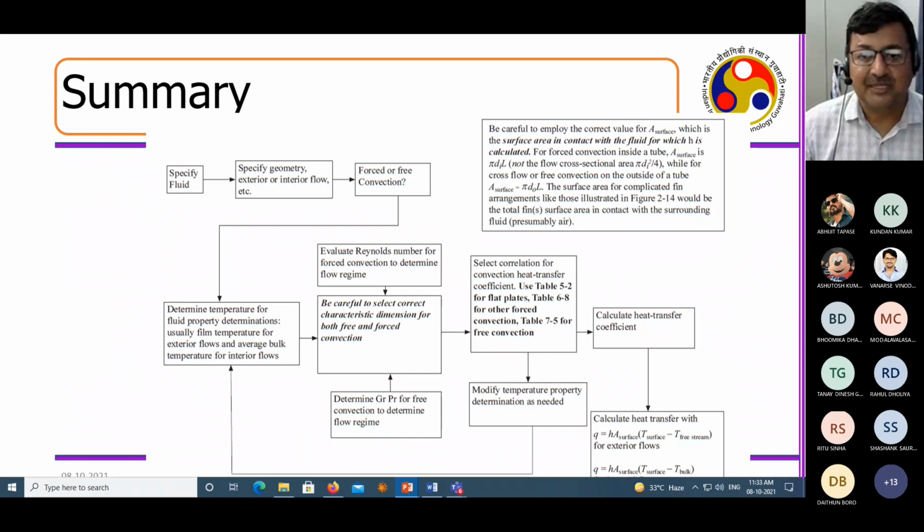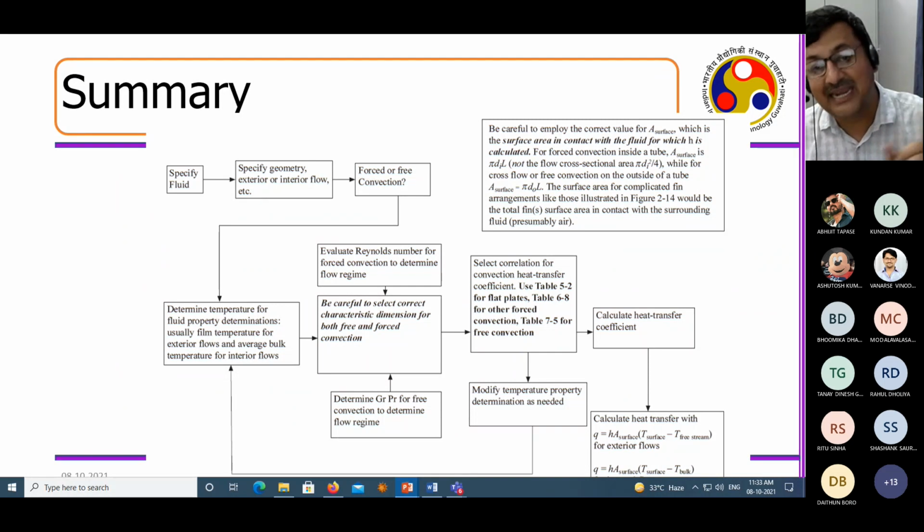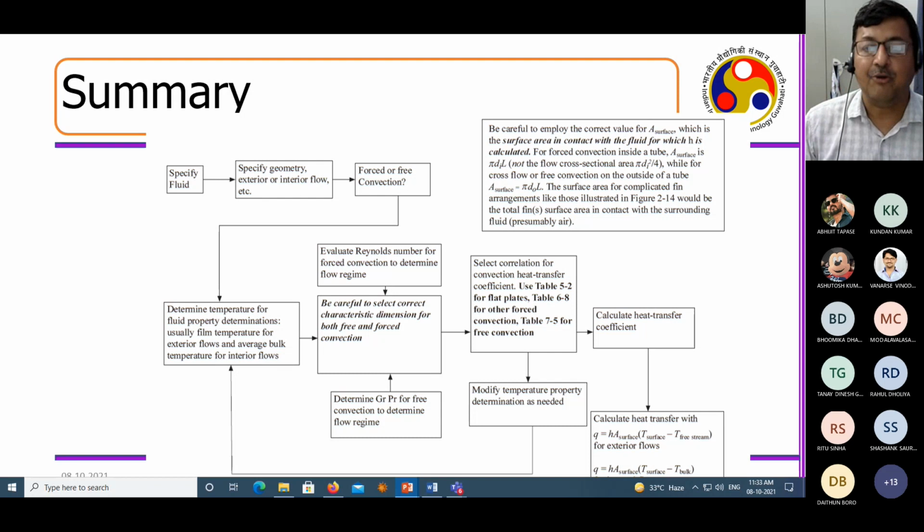Great. So this particular slide just tells you to be very careful when you are designing a heat transfer, because ultimately you have to get a heat transfer coefficient. But the question will come, this heat transfer coefficient is coming because of which type of convection? Either it is a free convection or forced convection. And then the next question will come, whether the free convection is aiding the forced convection, or the forced convection is aiding the free convection. Or it is the other way around, they are acting against each other.